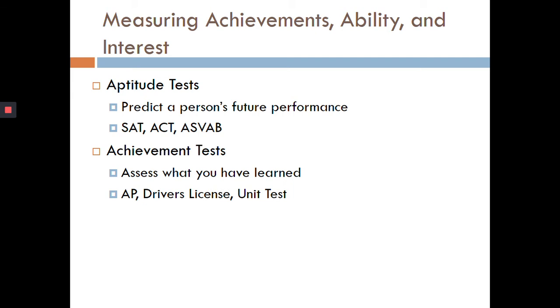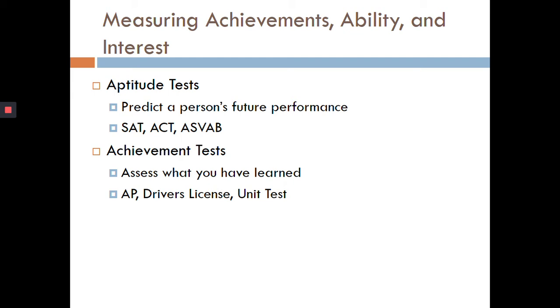Okay, so there's different ways to measure intelligence. When you take tests, you don't just have IQ tests. There are also things called aptitude tests. The whole purpose of an aptitude test is to predict someone's future performance. So you take a test like the ASVAB that tells you, oh, these careers would be good for you. Or if you take the SAT or ACT, when you get your results in, you have all these different things that tell you, oh, this is what you should go into. So they just use the scores, and based on their algorithms and their parameters, it's supposed to predict what you would be good at.